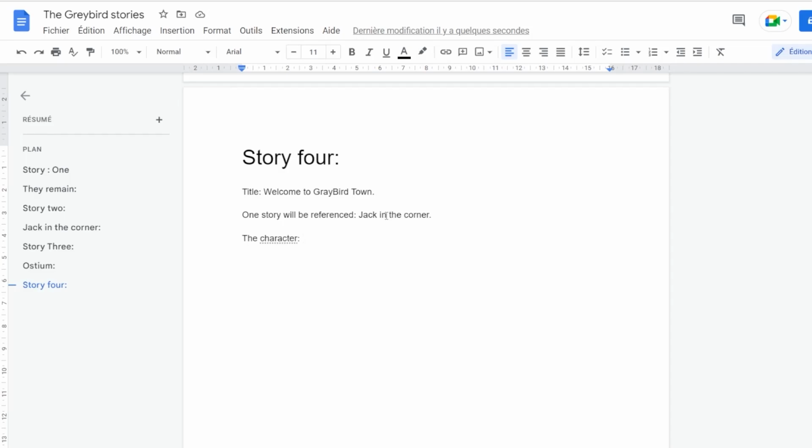Usually, in They Remain, or Jack in the Corner, or the Ostium, there is a character, yes, but we focus more on the phenomena, on the happenings around them, and how they interact with what's happening. Instead, this time I want to give the character's personality more importance in the story.